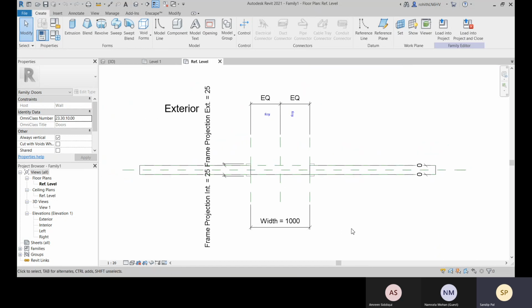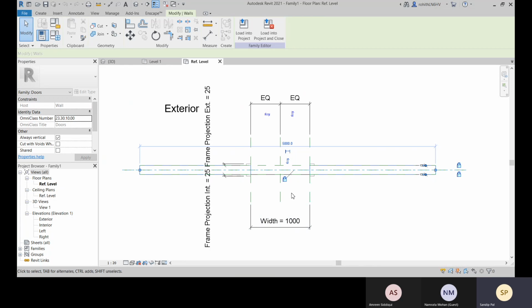Okay, now you will be saving it as a normal family. So here you see this is the host. Door cannot be placed without any host. And the host will be, sorry, the host will be wall.